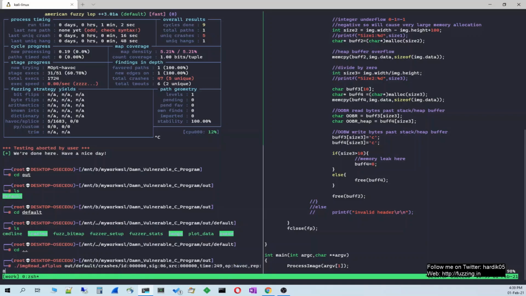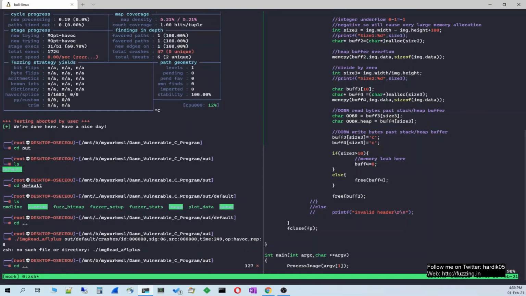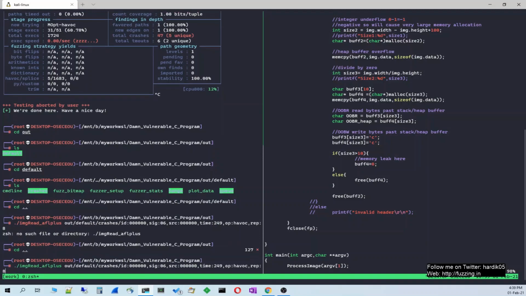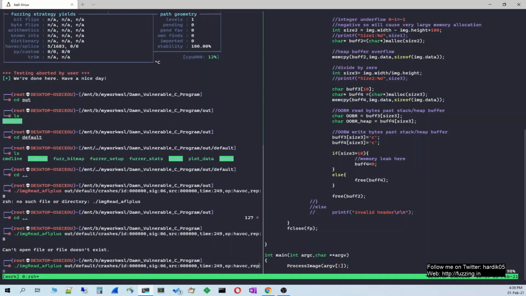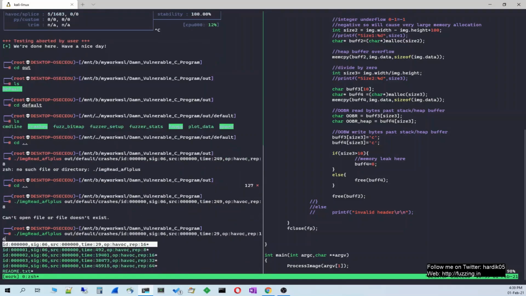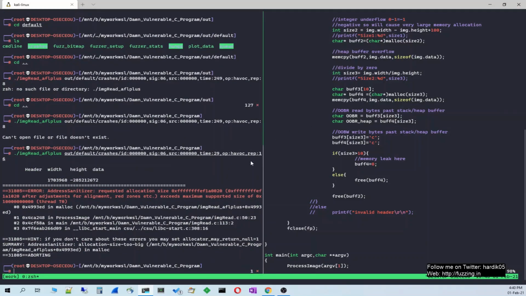Okay, I was in the wrong directory, sorry. So inside crashes, we will just select the first file, and you can see that it's a large malloc failure over here.